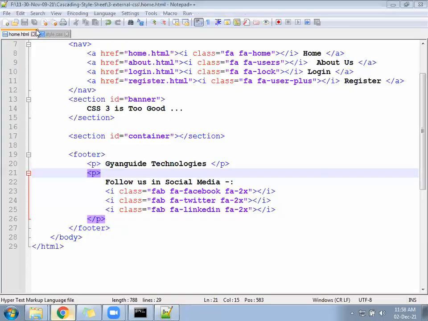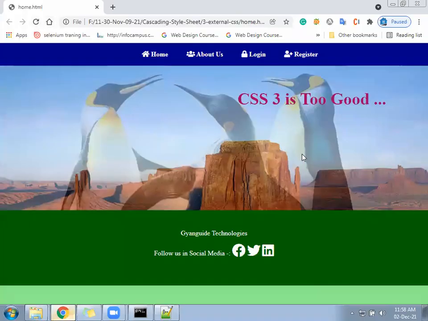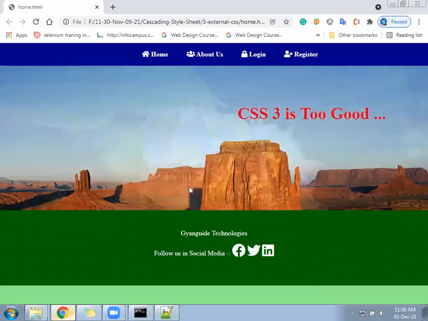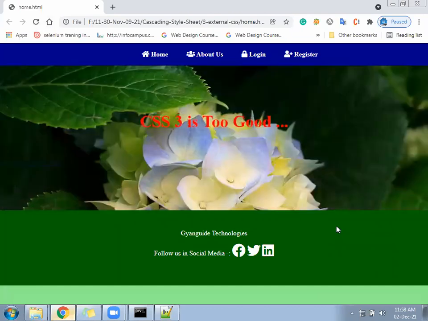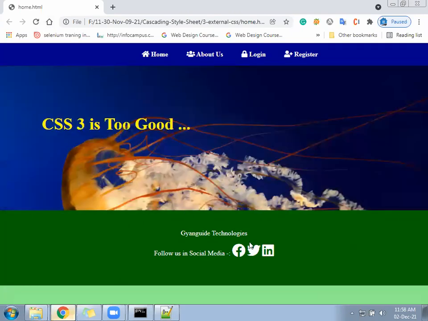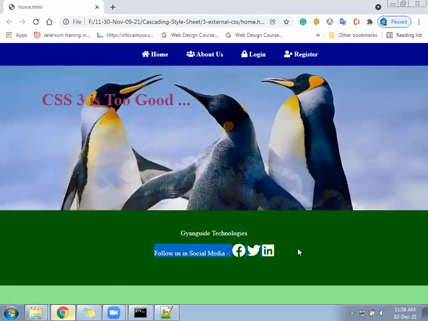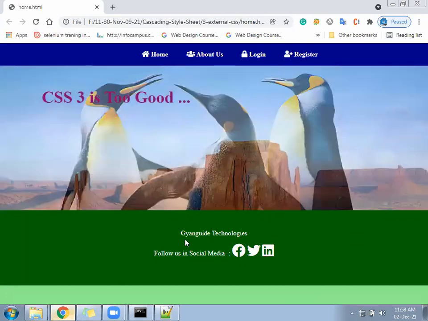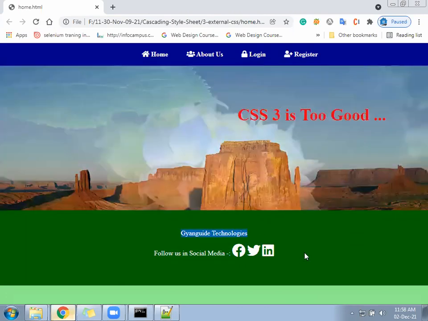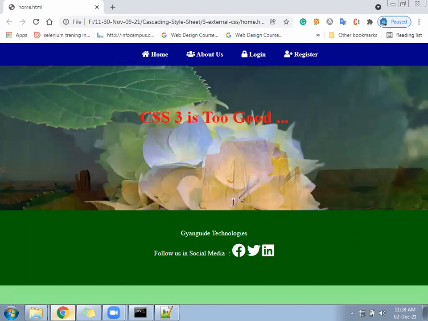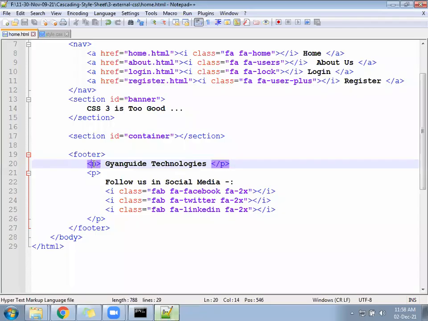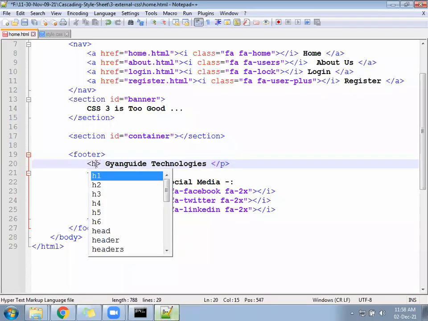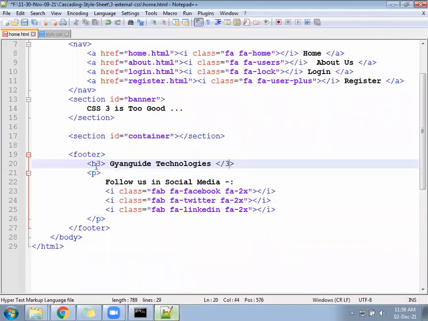So we are getting a big icon. The footer will leave here. 2x became bigger. If you want, you can reduce the size; 1x you can give. This one we can write under h3, which should look a little bigger, or maybe h4.